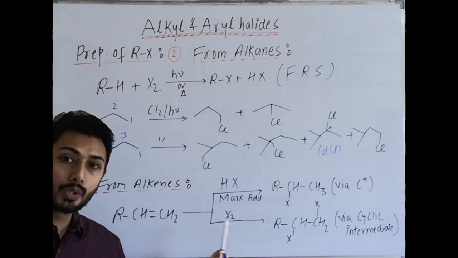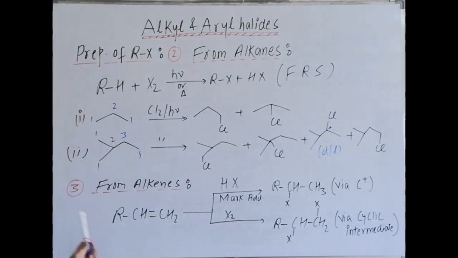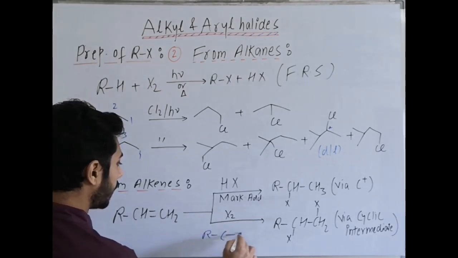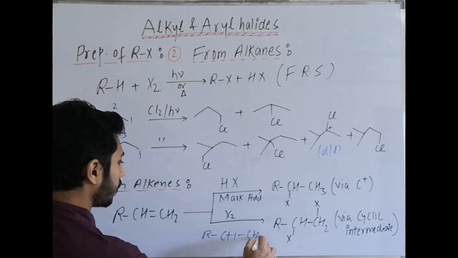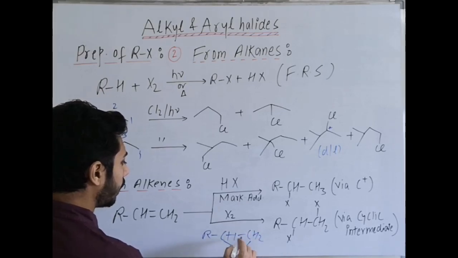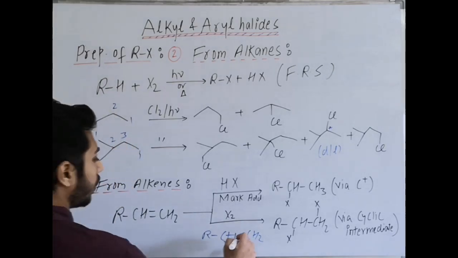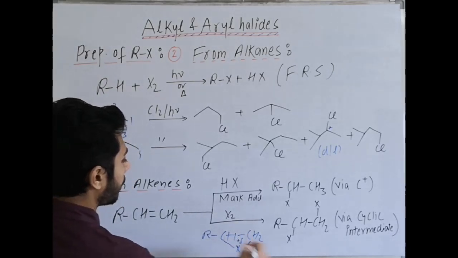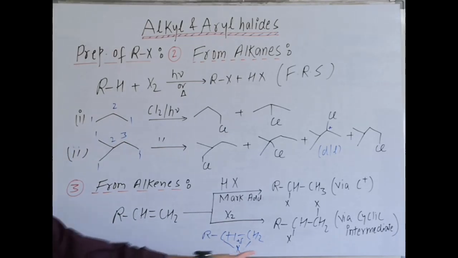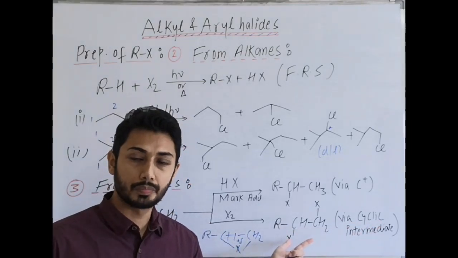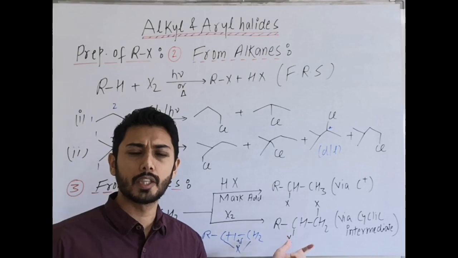This is the halogenation reaction of alkene. In that case, a cyclic structure is formed, just like this one. The cyclic structure intermediate is like this. If you have any doubt, quickly revise the notes. This type of cyclic intermediate is formed with charges. Then from the back side another X minus attacks, that's why it is mentioned via cyclic intermediate, and this is anti-addition. Anti-addition takes place.